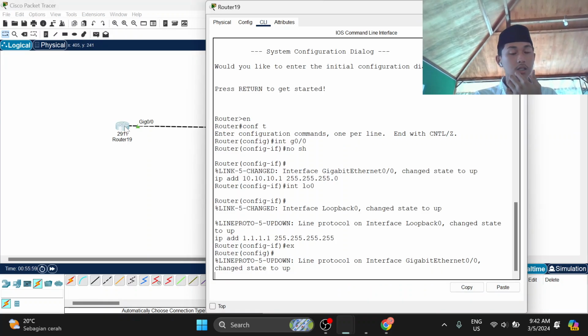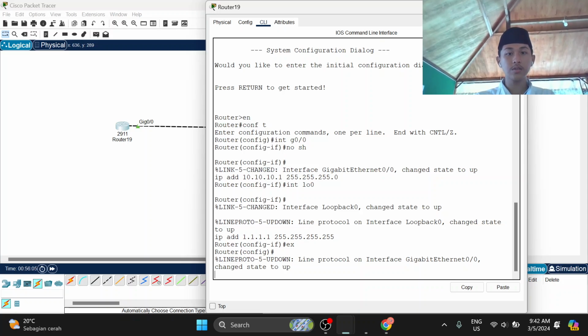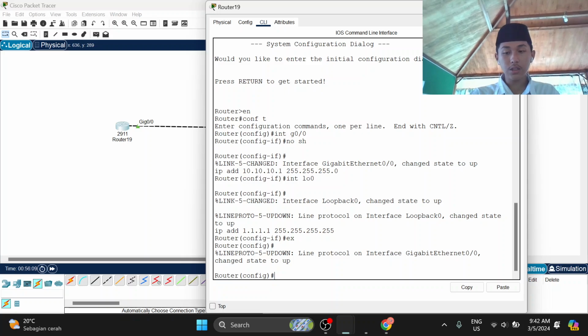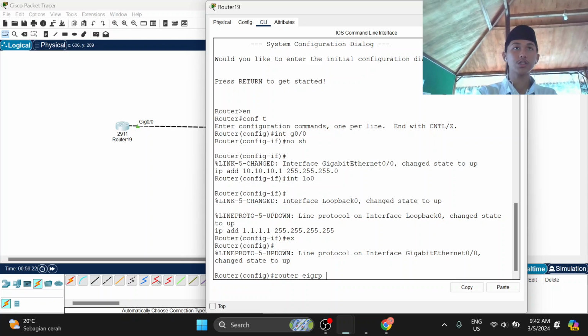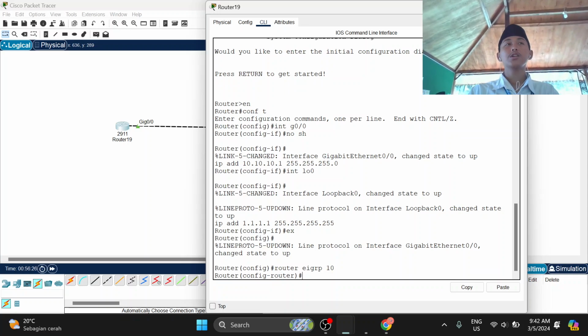After that, let's connect all of these by using routing. To enter the EIGRP configuration, you type router EIGRP, and the autonomous system is 10. Oh yes, I forgot.